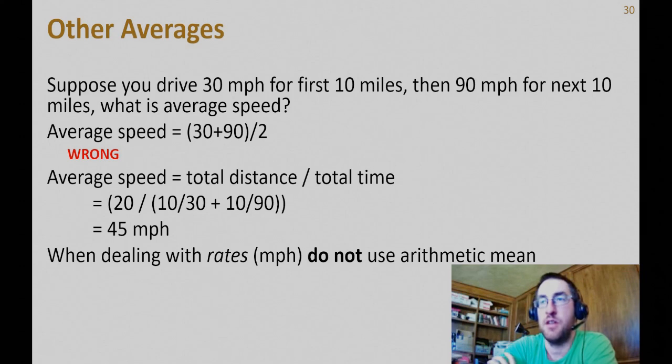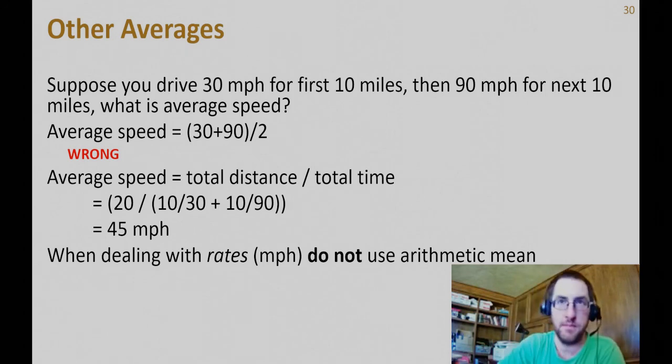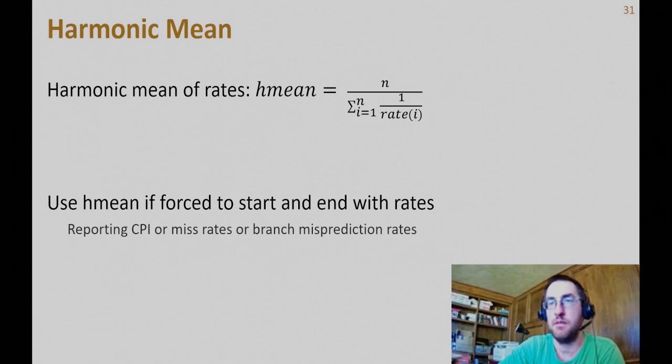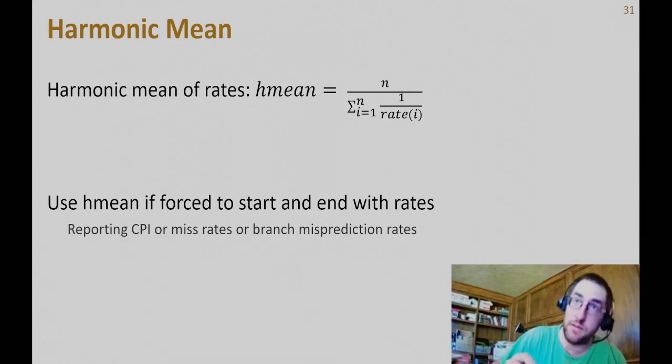Rates don't play well with the arithmetic mean. So when you're averaging things that are specified as a rate, x per y, if you want to average two things that are x per y, you cannot use the arithmetic mean to do that. You can expand it out like this, or you can use the harmonic mean, which is this formula. The harmonic mean is equal to the n number of things that you're averaging divided by the sum of their inverse rates. So we would have 2 divided by the sums of 1 over 30 and 1